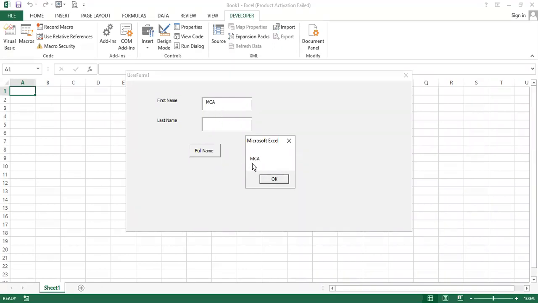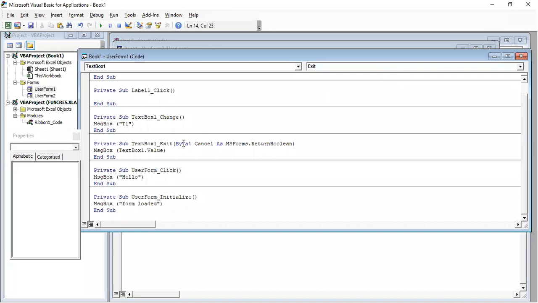Text box 1 value is getting displayed here for us. For text box 2 we don't have any events, so nothing is triggered here. Again on click of this, we get this full name. Done? Yes. So this is how we can write different events.